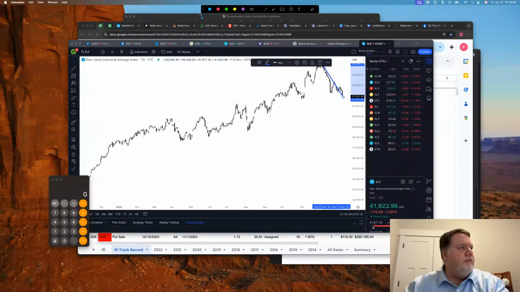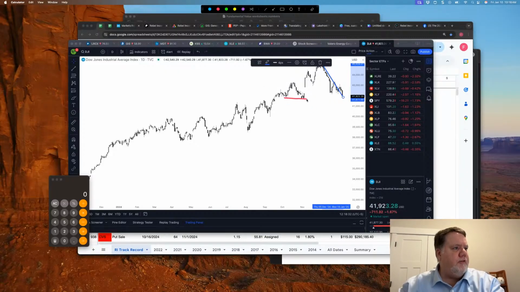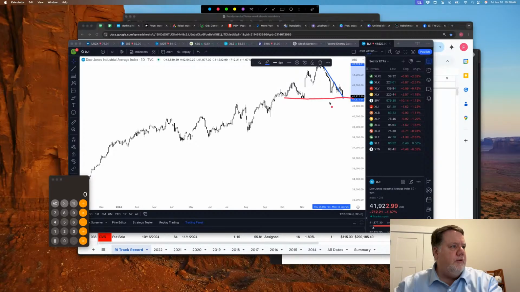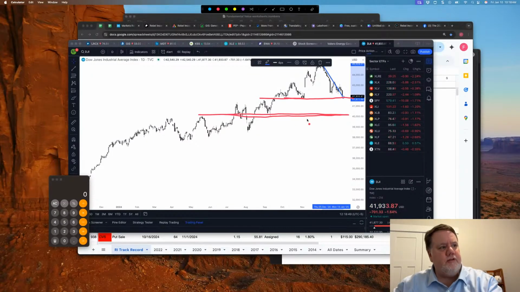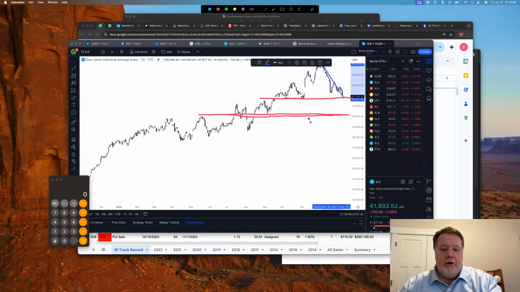For the Dow Jones, it looks like we're probably looking at, if this support doesn't hold, which again, it's interesting, all three indices are right about where current support should be. And if they break down, then we're probably looking at somewhere along the lines here for the Dow Jones. What is this, about 40,000? So about another 2,000 points down, about another 5%. That would certainly put it into correction territory.